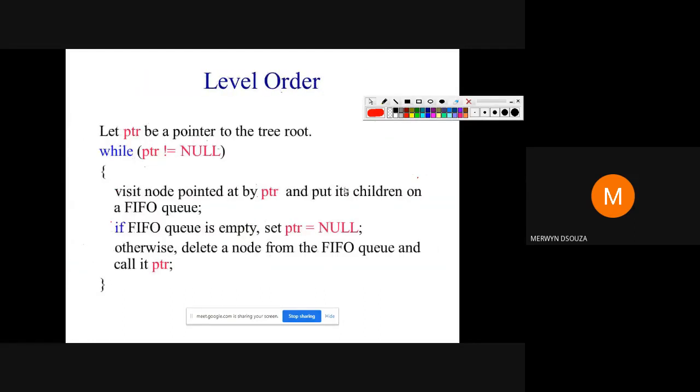So what we want to see now is the fourth type of traversal, level order traversal. You can just take a screenshot of this or write it down.